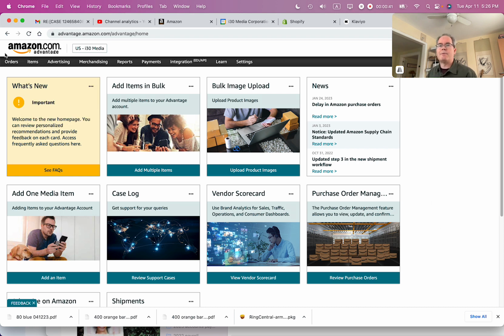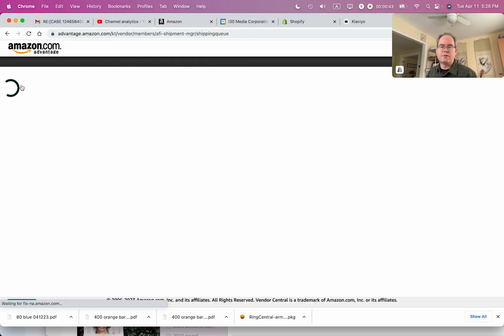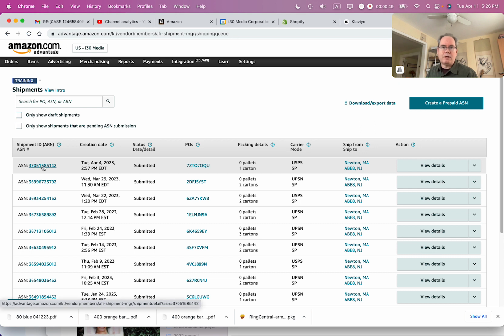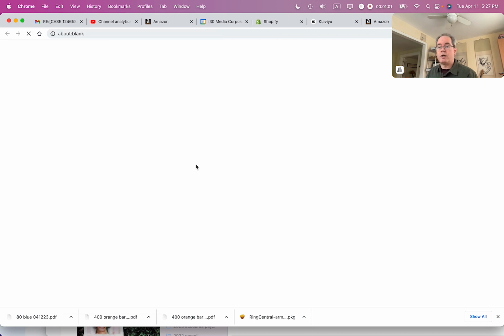So log into Amazon Advantage, go to Orders, go to Shipments, and you have two columns here. One is showing the ASN, that's the Advanced Shipment Notice Number, and the other one showing the PO. What you want to do is look at the PO for the shipments that you've sent in, just to see if they've received everything. So I'm going to click on this PO number, purchase order number,